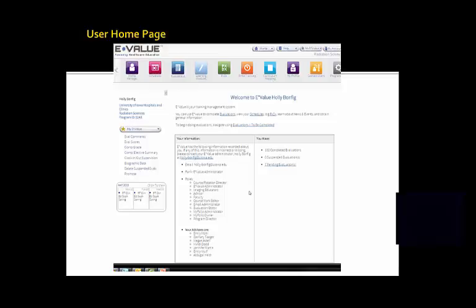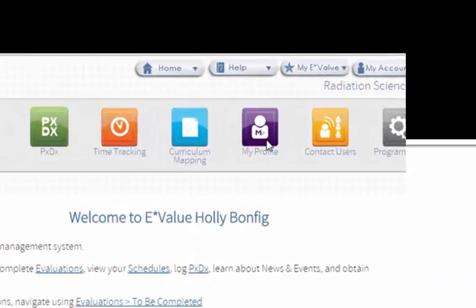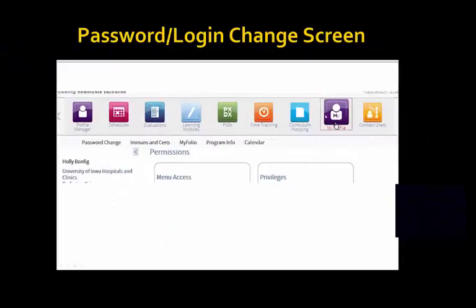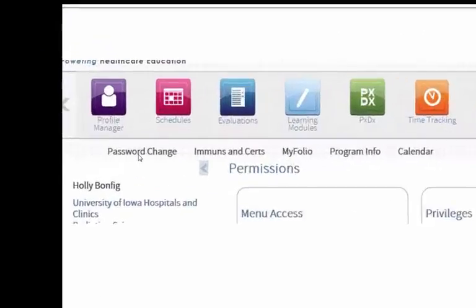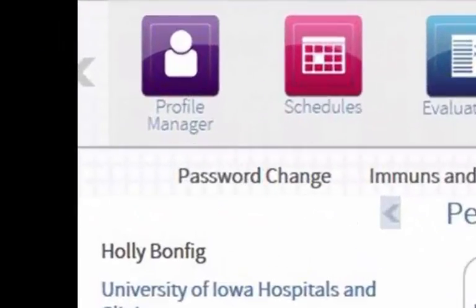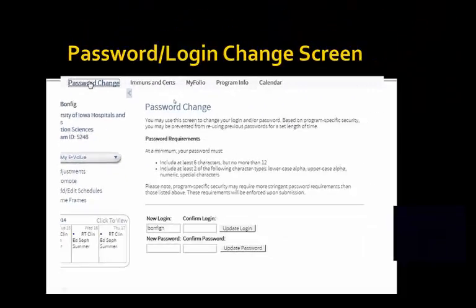Now the first thing you're probably going to want to do is change your login information to something that you're going to be able to remember more easily. To do this, I'm going to have you log into eValue, click on the purple My Profile tile at the top right-hand corner of your screen. Once you've clicked on My Profile, you're going to choose Submenu Password Change,